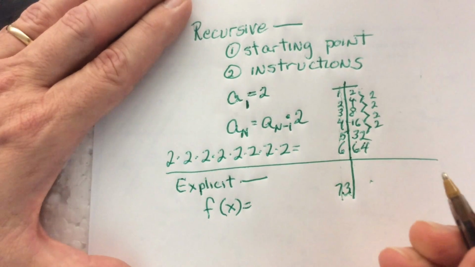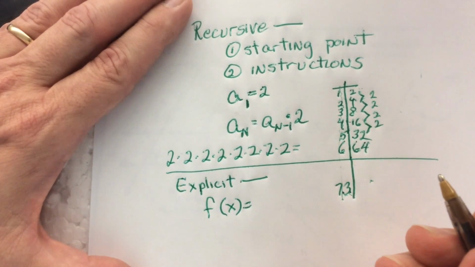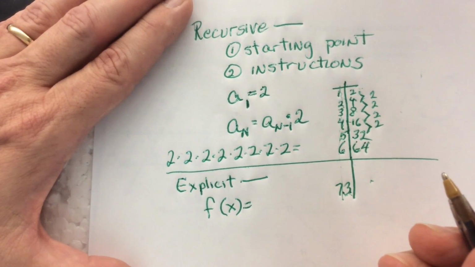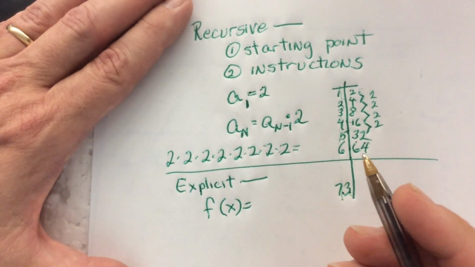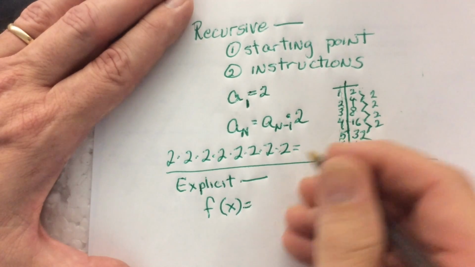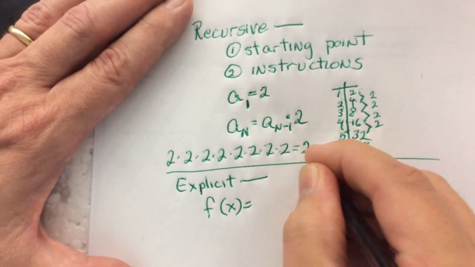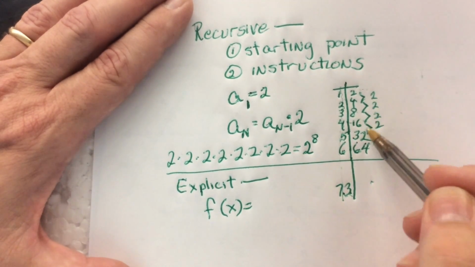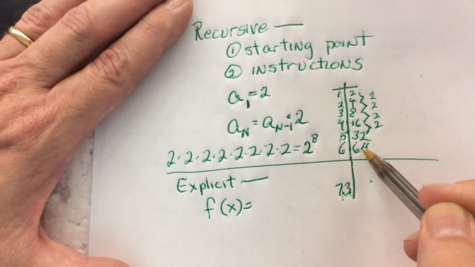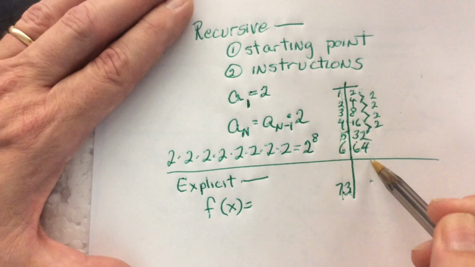Why not just put them all together, 2 times 8? How could I rewrite this? 2 times 8? No, sorry, no, 2 to the power. Right. You'd pop in there with an exponent, right? This is an exponential function